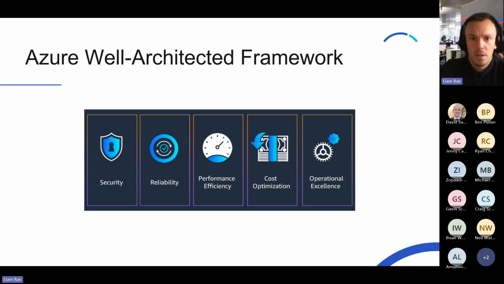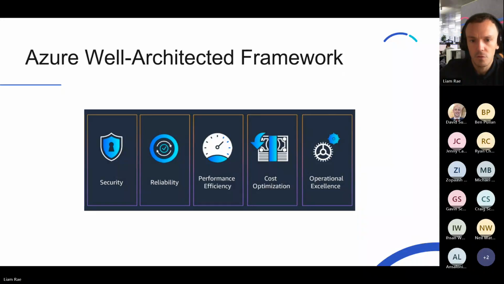So as we've just seen in the previous slides, the Cloud Adoption Framework is designed to help you plan and execute your overall cloud adoption strategy, whereas the Well-Architected Framework is designed to help you implement and design specific cloud solutions following best practices and guiding principles. This will overall help you ensure that you're building an environment that is secure, reliable, efficient, cost-effective, and demonstrates operational